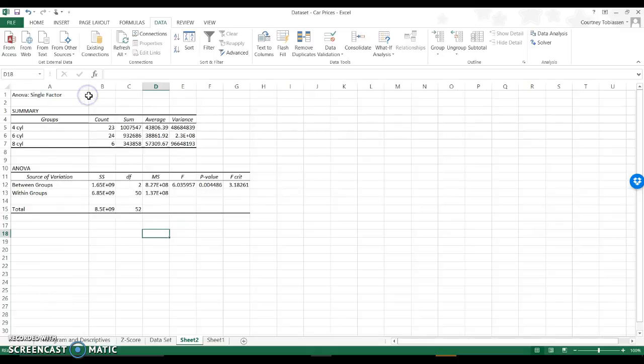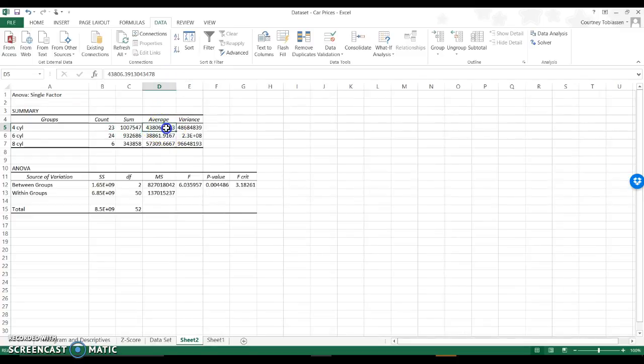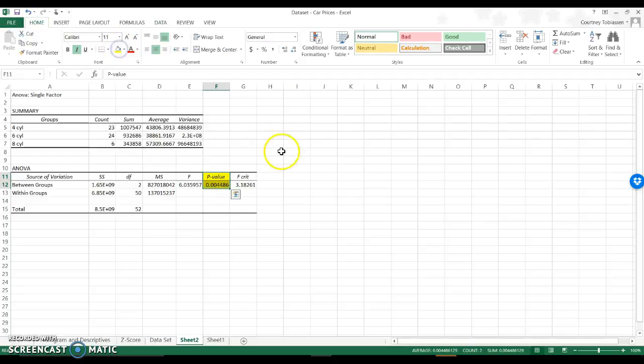So let's spend a minute and look through this. So here's my summary. I have all of my means right here. So this is my average for 4, 6, and 8. My between group variance, all of this stuff. There is my F-test. And the most important part is my p-value. So in this case, there is a significant